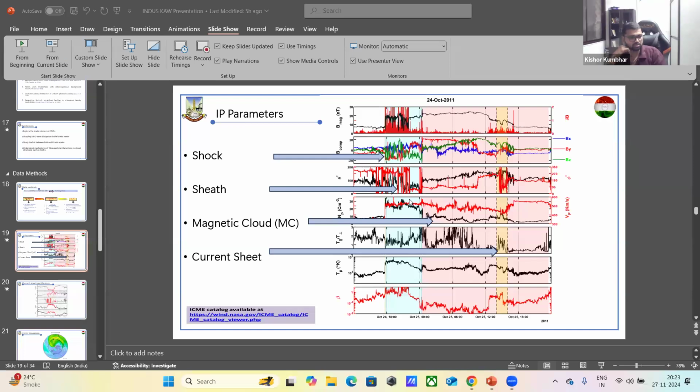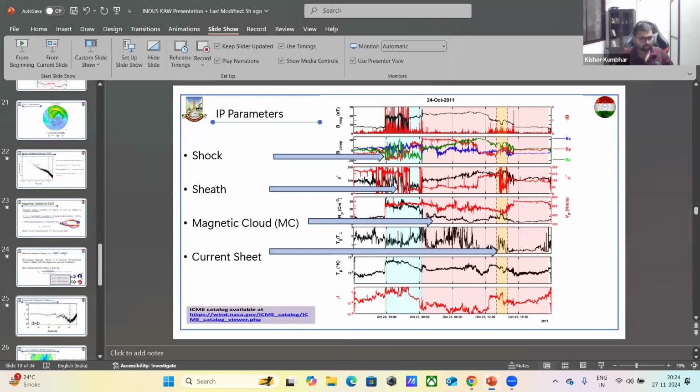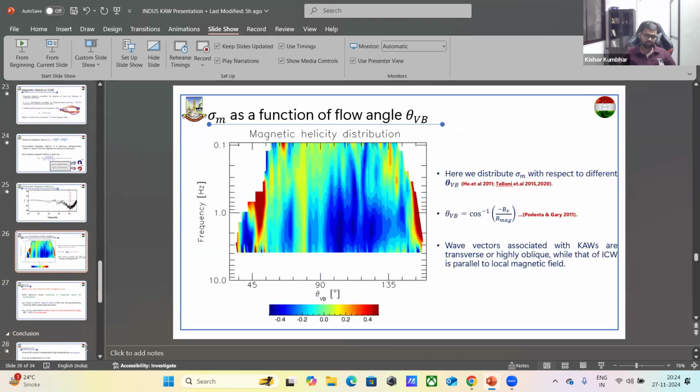Okay, there is another question by Utkarsh: why did you use wavelet transform for the theta VB test? Basically, the wavelet transformation. First of all, this particular plot of normalized magnetic helicity is basically estimated using FFT, whereas in this particular case we are using wavelet transformation. Why? Because wavelet transformation will tell us the